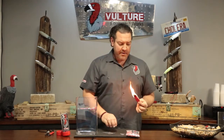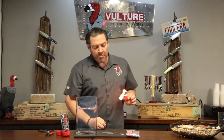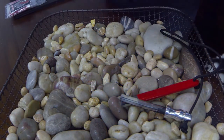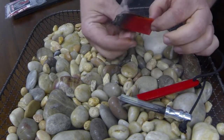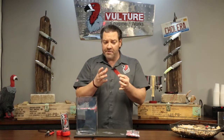And we're filling up the office here with a little bit of soot, but don't worry about it. So you can also reuse these. Let's say you've got your fire going and you can pull this out. So you pull that guy right back out of your fire and there you go. So we're back out. All you have to do is wait for this to cool, make sure there are no more embers,